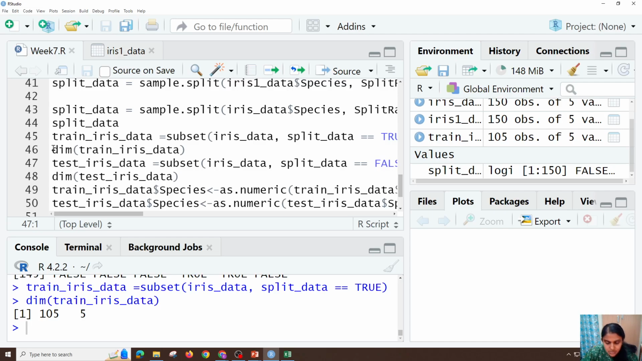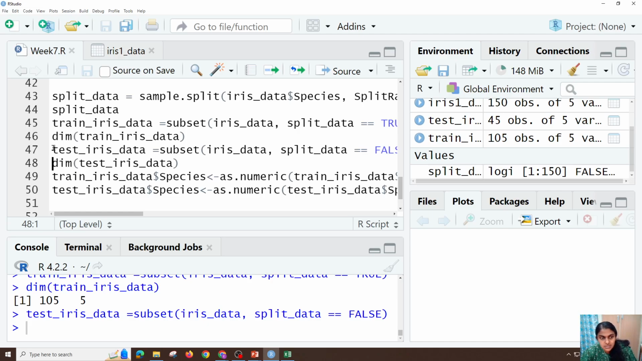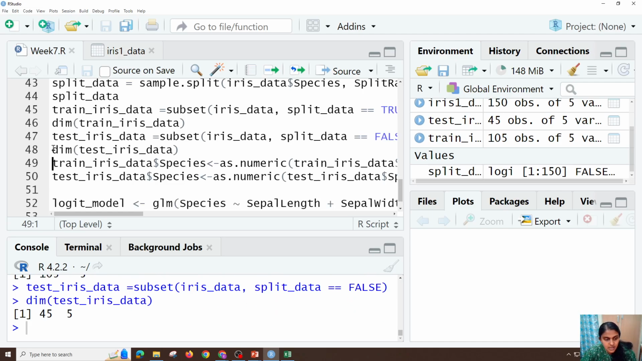So if I run this particular thing, and if I see the dimension, it is coming like 45.5. So it's kind of matching, right? 105 plus 45 again will give 150. So it has split it like 70% training set and 30% test set. Okay, now